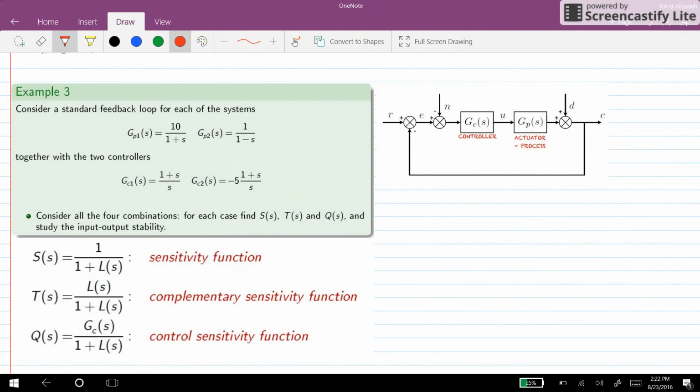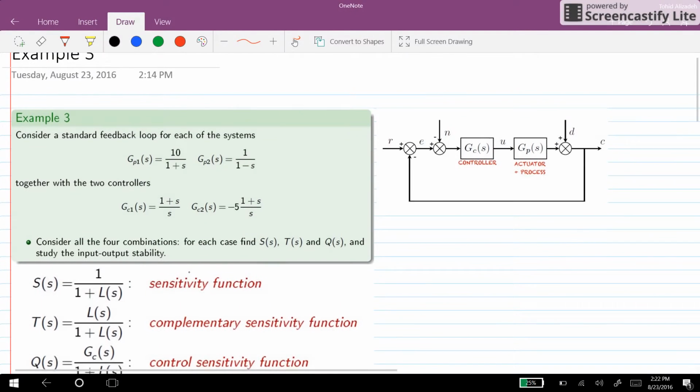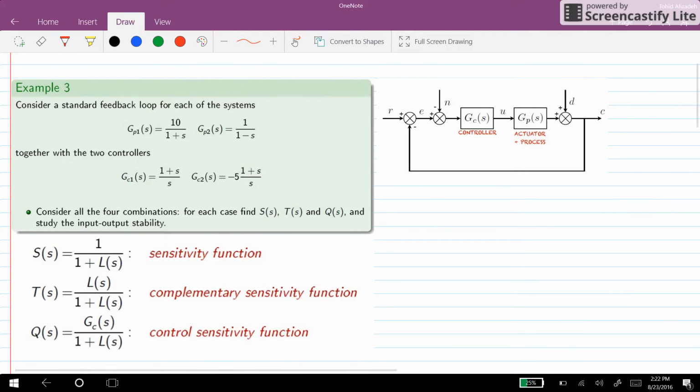Hi everyone. In this video, I will go through an example of sensitivity analysis, in order to check the stability of the closed loop system, given that we have different processes and different controllers. For this example, we need to consider this configuration as our standard closed loop system configuration, in which for GC the plant or process is determined by